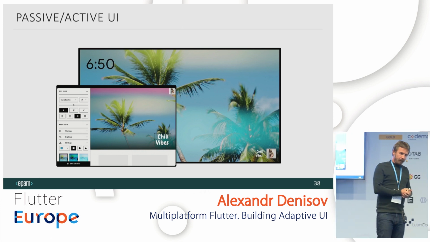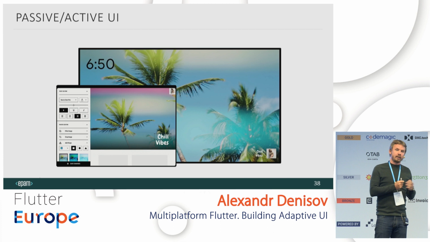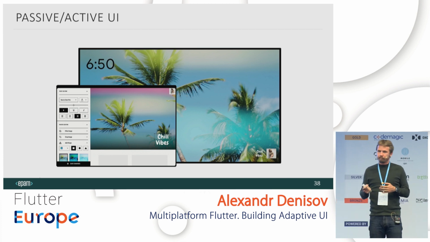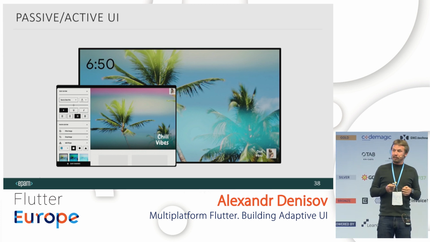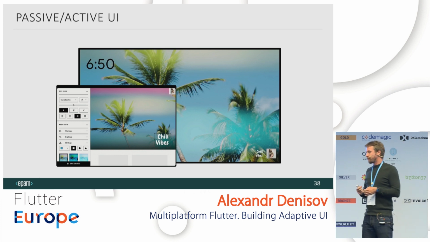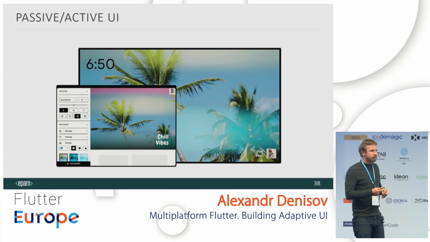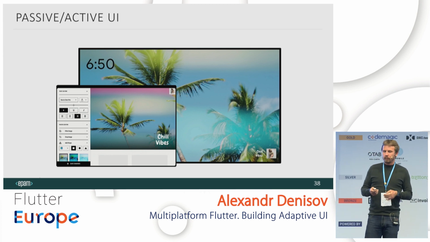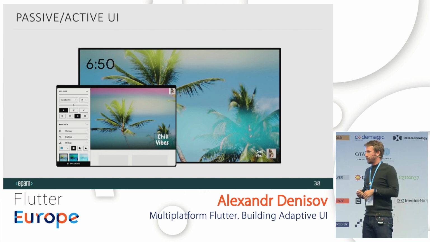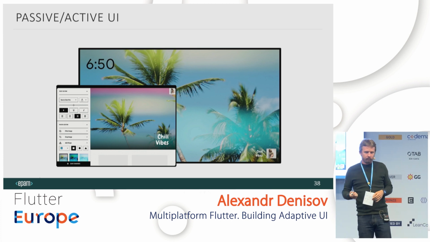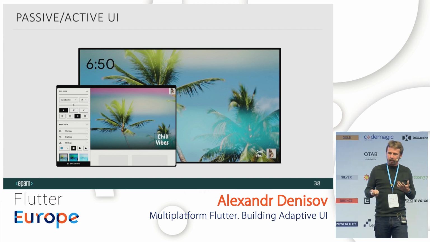Let's imagine a TV and a desktop. They have the same form factor and almost the same resolution sometimes. But when you work with a desktop, you sit at the table in front of it, and when you watch TV, you sit on the sofa quite far from the screen, and it's obvious that they should have different UI.